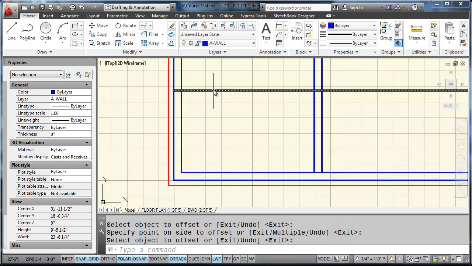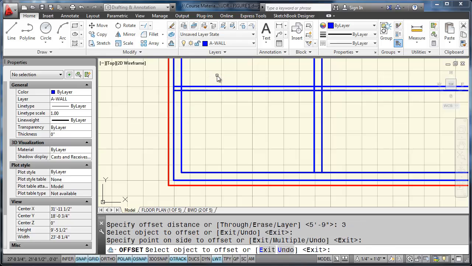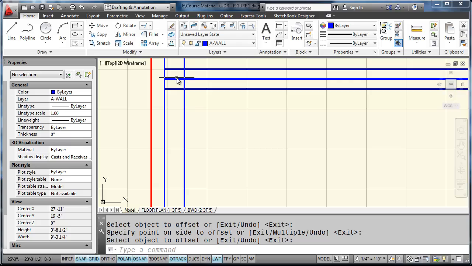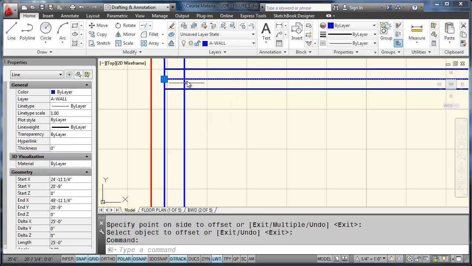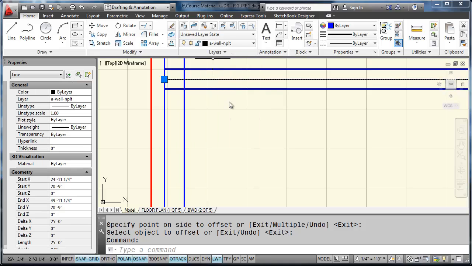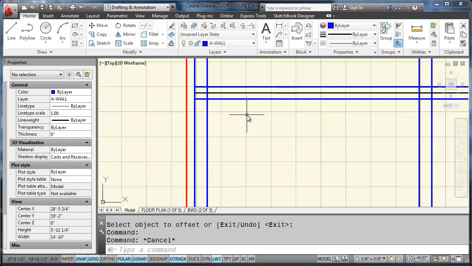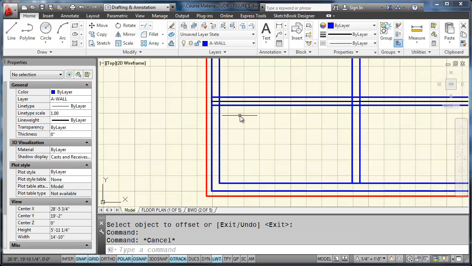The walls are 6 inches thick, so I need to offset that line 3 inches to each side. So I'll offset it 3 inches above, 3 inches below. That center line we're going to keep, but it needs to be moved to a layer called A-Wall Non-Plot, NPLT. This is a non-plottable layer, so these objects won't appear on our original drawing, but they are used later for